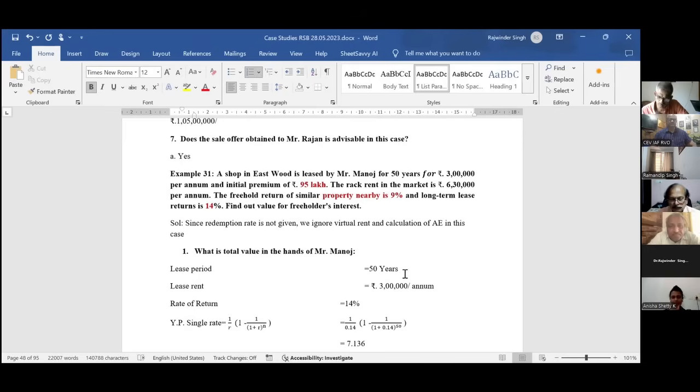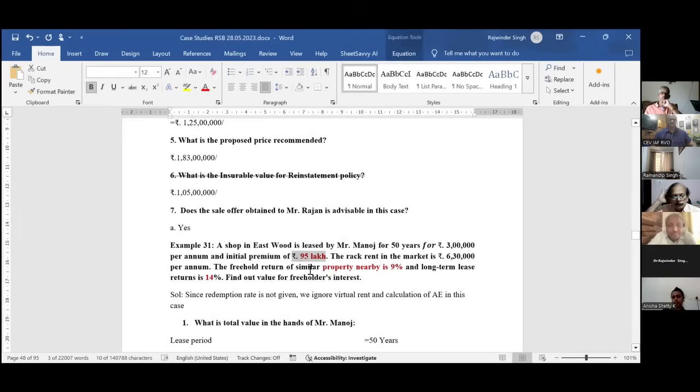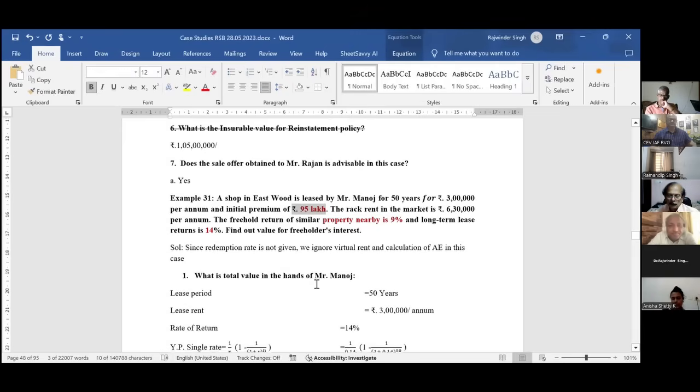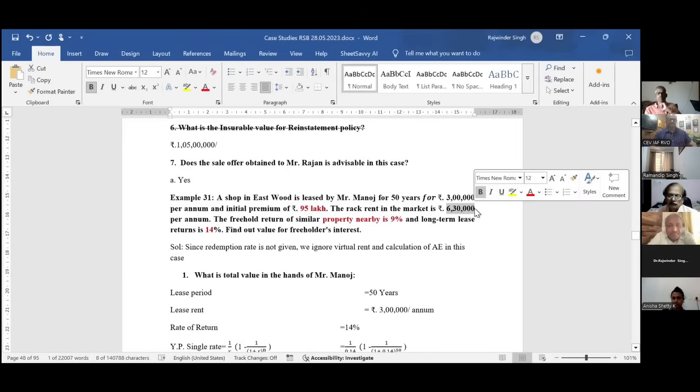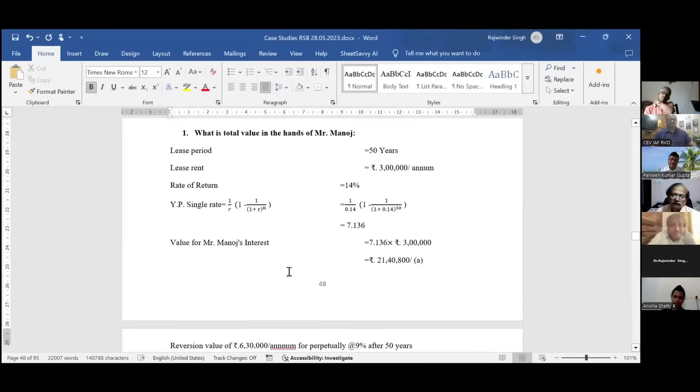Sir, you told about the 95 lakh, no, sir. Can you please explain that again? So what will this 95 lakh do? So basically, your rent will remain approximately जो 3 लाख रेंट आ रहा है, वो आ रहा है आपको क्योंकि आपको 95 लाख मिला है. 95 लाख की वैल्यू कैसे निकालोगे वही तो मैं पूछ रहा हूँ.